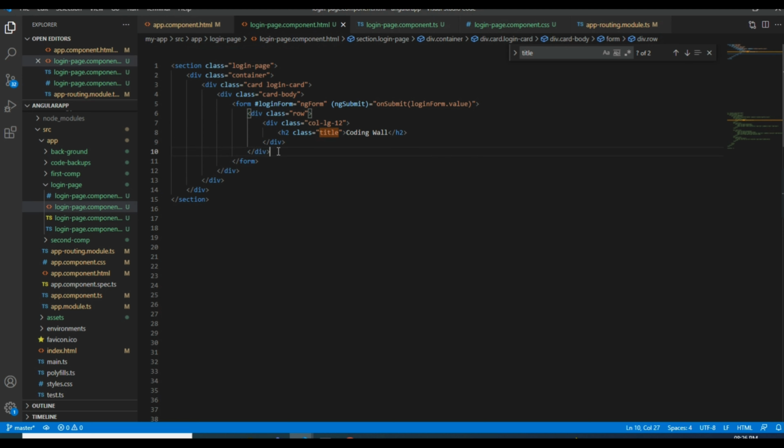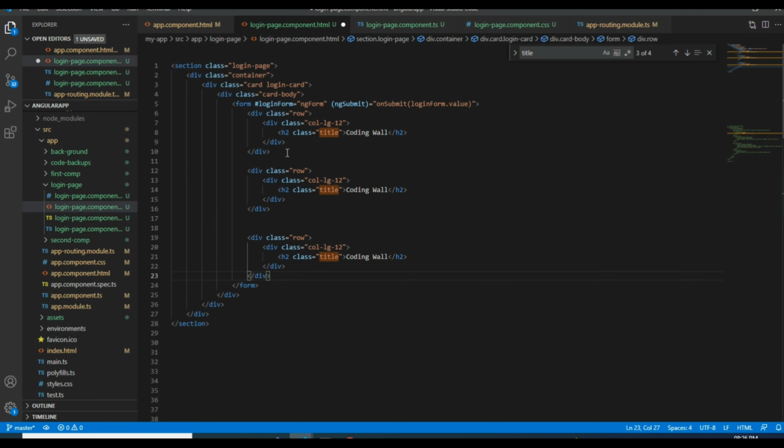Coming to this part, we'll copy this to save time. I will copy this, paste it here, and remove this, and I will give the class form group to this.